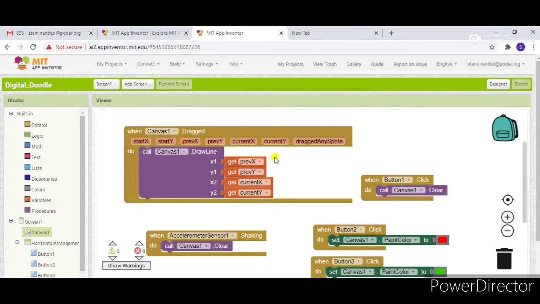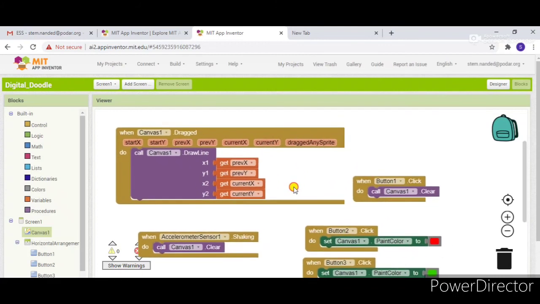Why is this? Because a line has 2 points, the starting position and the ending position. Get previous means the first position, and current x and y mean the last position, that is the end position.